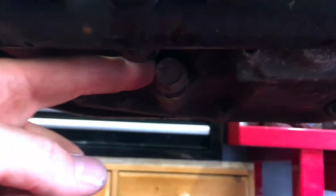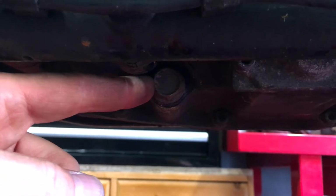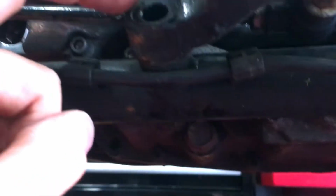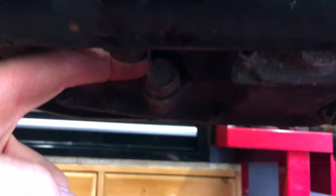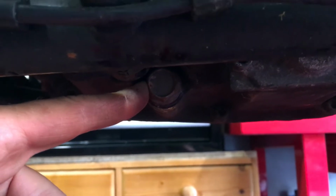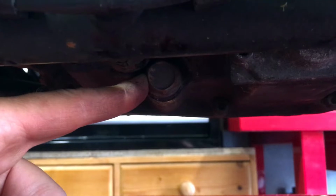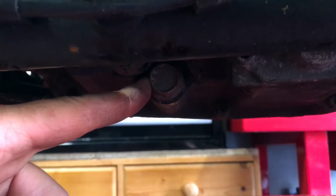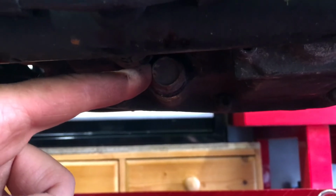Now, depending on what tool you have, you may need to play with this a little bit. I've had to remove the bolt from the side stand here in order to get a socket on here. You can get a spanner in there but not very easily, and you'll move it about one sort of notch every turn. So I'm using a socket